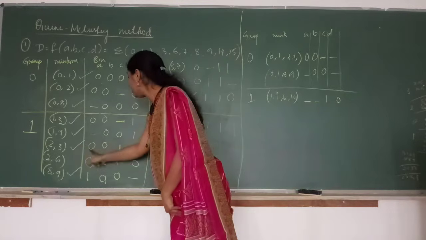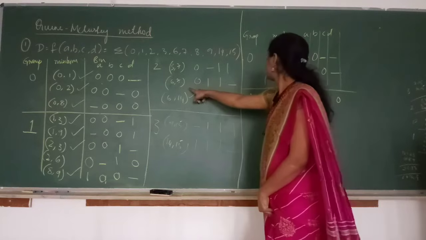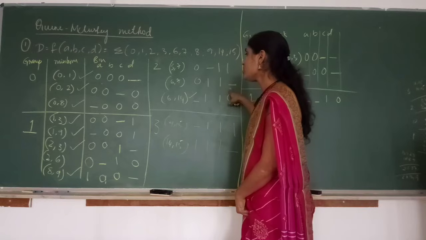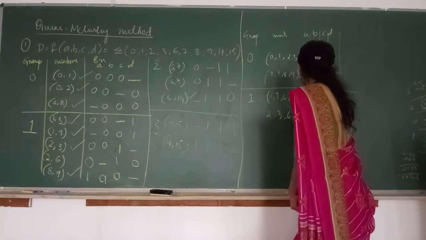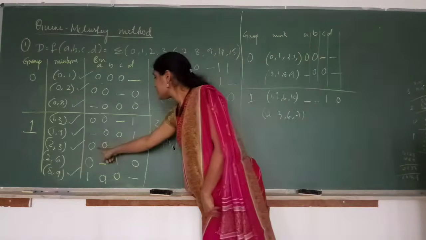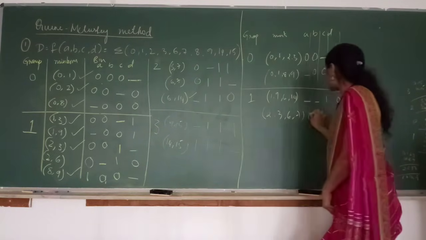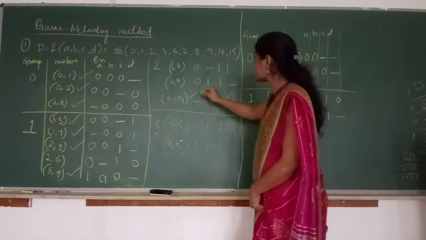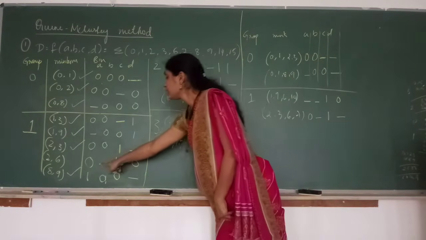No. Now compare 2, 3. Dash is for the last variable. 2, 3, 6, 7. Is it possible? A is 0, B is 1, C is 1, dash. Correct. If you group 2, 3, 6, 7, just check what you get. 0, 0, 1, dash. 0 dash 1 dash. Correct? 0 dash 1 dash, because only the B variable is different. So tick 2, 3, 6, 7. 2, 3 is ticked already. Now any other places? No.